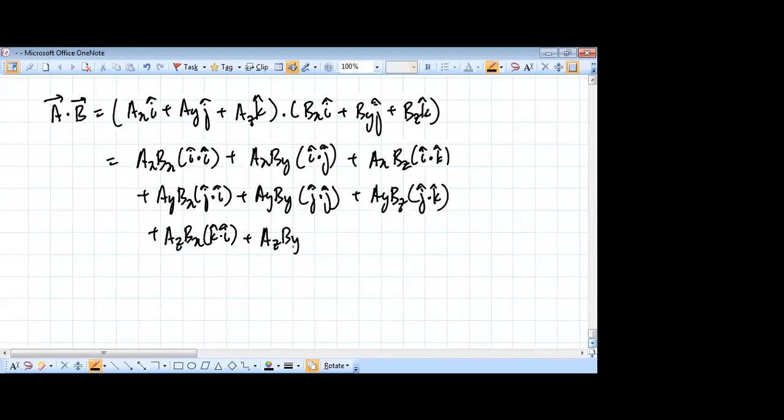ez dy, ये भी 0 हो जाएगा because k dot j भी 0. But last term जो है ez into bz, this term will survive because this is k cap dot k cap, which is 0. Okay. So next step, when we are going to solve this, we will make use of the fact that